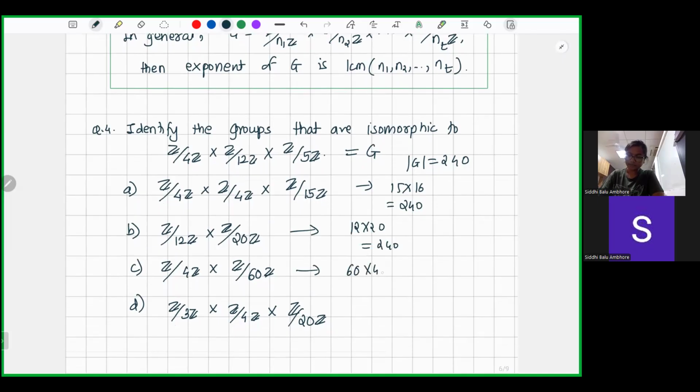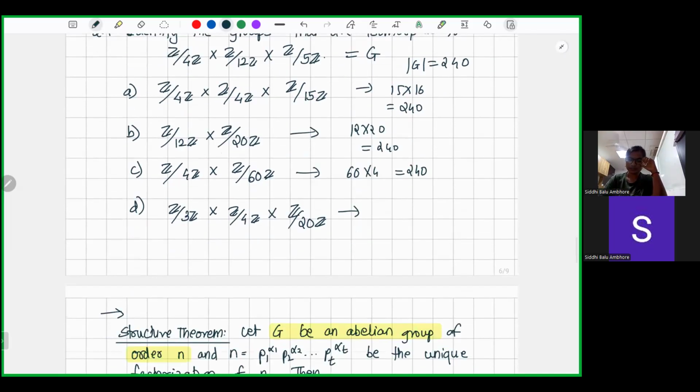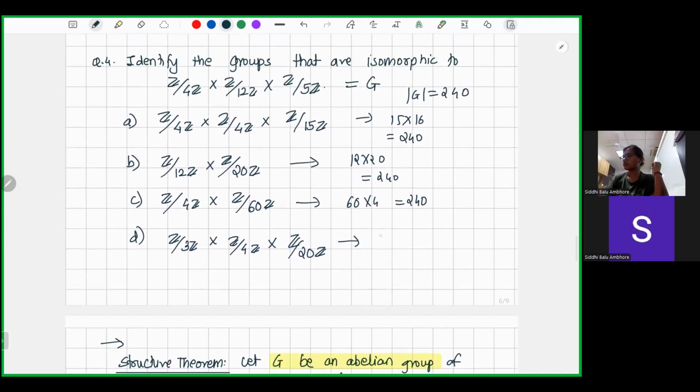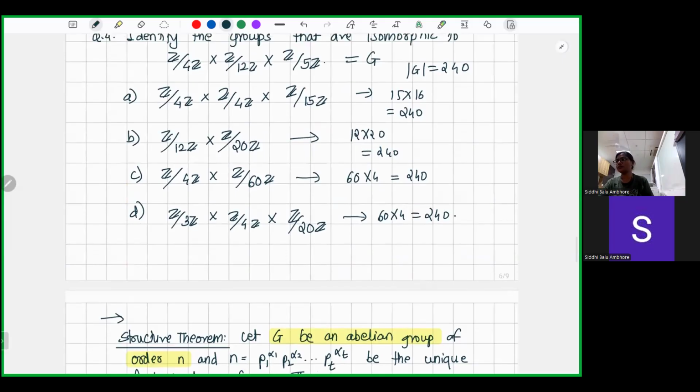Here 60 into 4, that is 240. And the final one is again a group of order 240. Okay, so by structure theorem, if I have any group